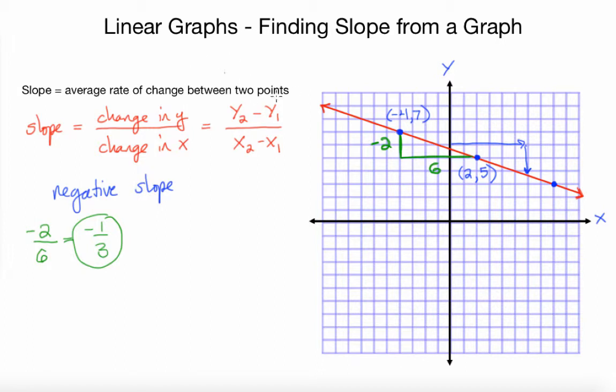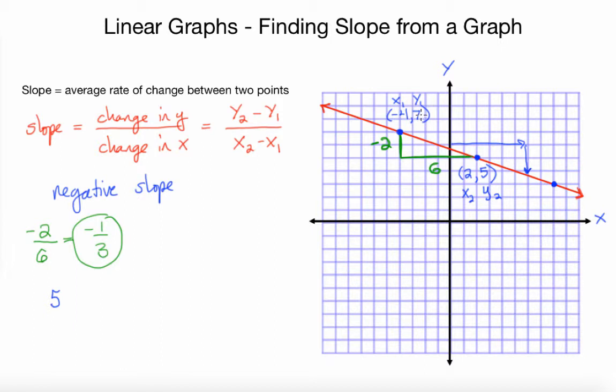All right, but let's take another approach to this. We found the coordinates of 2 points. Let's use this method here. Let's make this my x1 value and my y1 value, so x and y from one point. Let's make this my x2 value and my y2 value from my second point. And I can actually subtract them to find out what's happening. So let's take y2, which we've designated as 5,